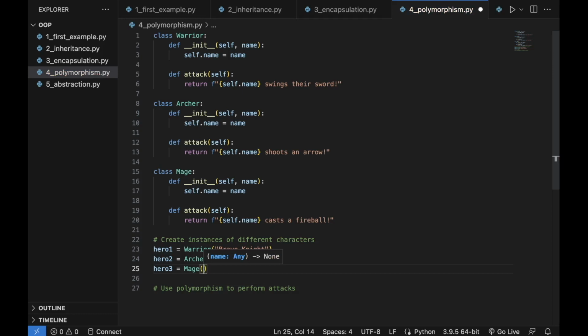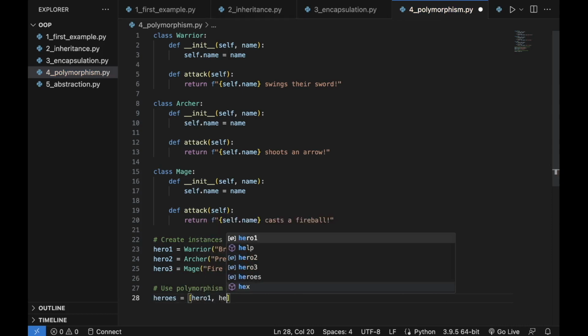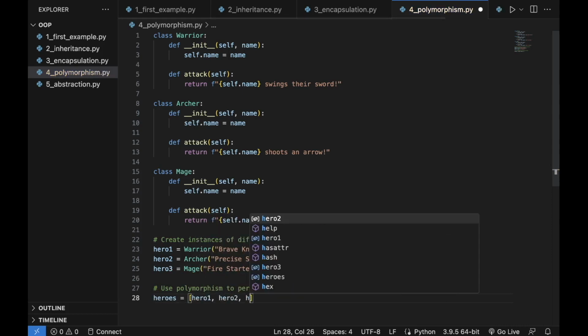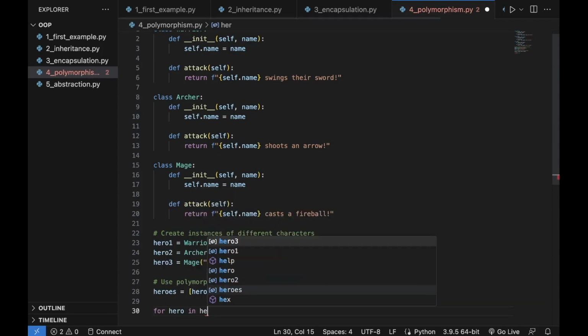And I'm just going to call it fire starter. All right, so now we want to use polymorphism to perform the attacks. So what we can do is to create a heroes list. We can place in hero 1, hero 2, and hero 3. And then we can perform a for loop. So for hero in heroes,